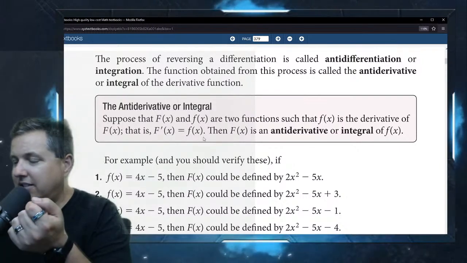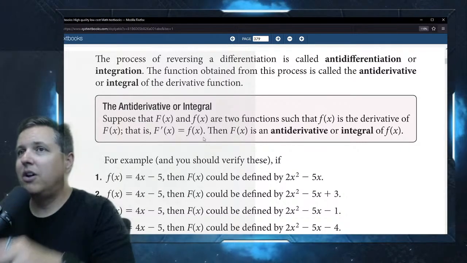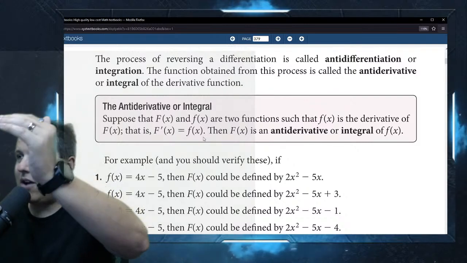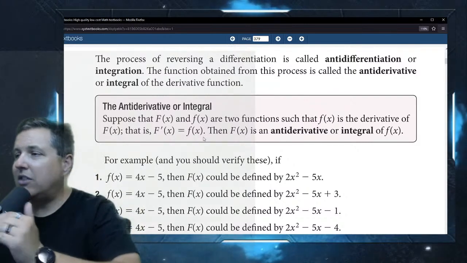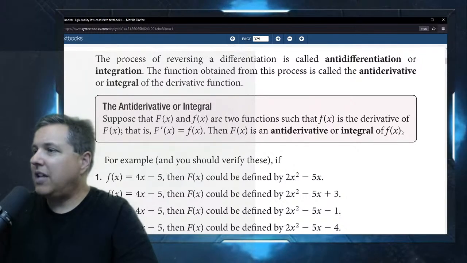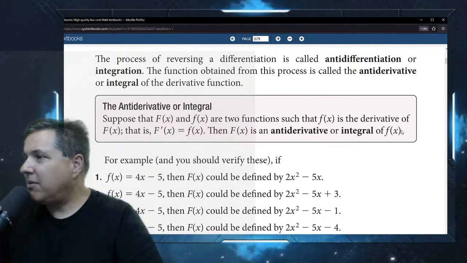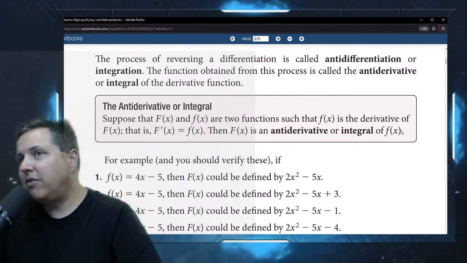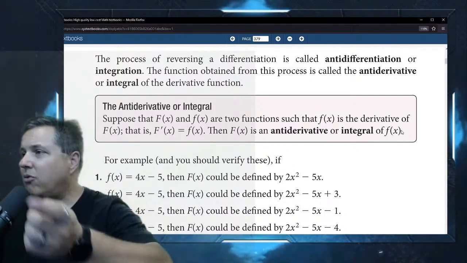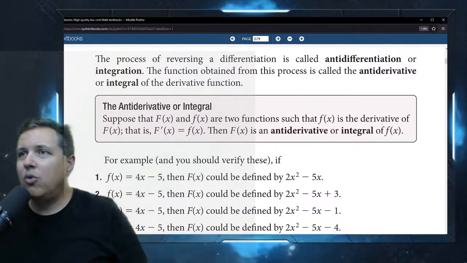That's very consistent in calculus, right? It would be very strange for someone to do it the other way around. We always want the capital letter to be like the parent, and then when you take the derivative, you get the lowercase function. So then we say that capital F of x is an antiderivative or integral of lowercase f of x. It's kind of like, and not exactly, but kind of like an inverse function, right? When you've done inverses in your previous classes, we're working backwards to figure out the inverse of the function. But there's a problem with